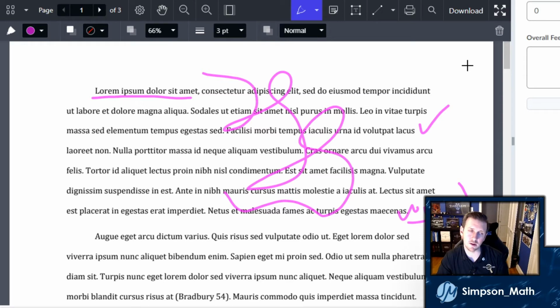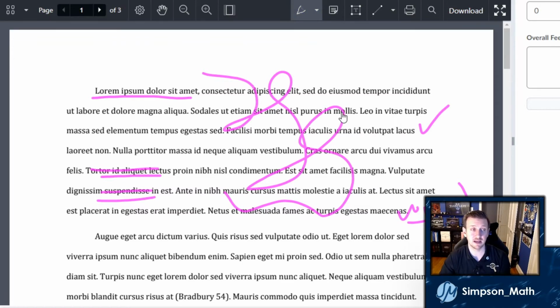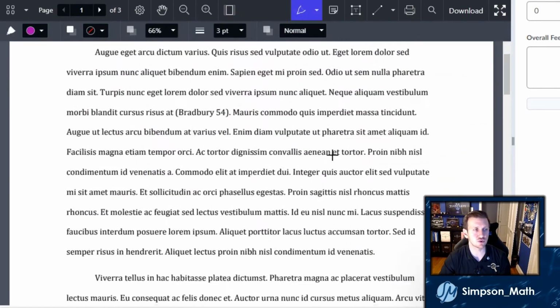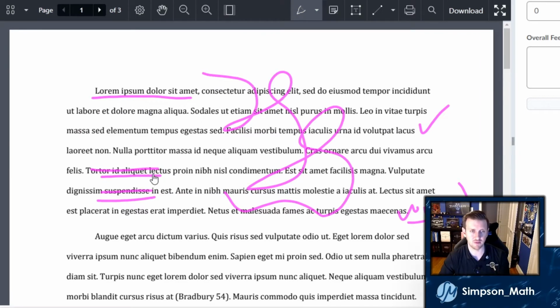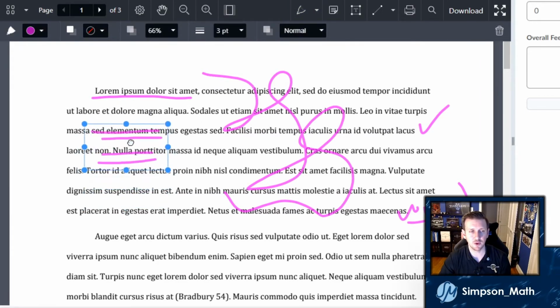Now, I have options, and I'll go over these a little bit later whenever I'm going to be using this a little bit more. But the idea here is that when the blue is active, that tool is active. If I'm wanting to highlight or doing something else, I'm doing all these extra lines. So you need to click that blue marker again, and it disappears, and that drawing goes away, and I can now highlight or click and move around a lot easier. You can scroll wheel with the drawing tool active, so now I have all these lines, how to get rid of it. You're able to click and move these annotations around, make them bigger or smaller even,